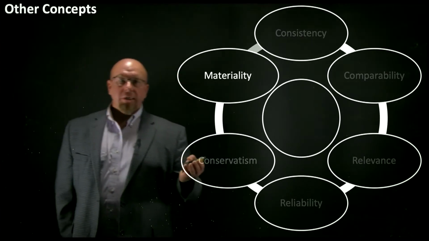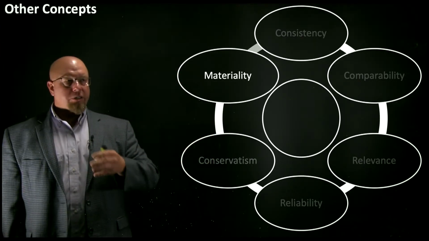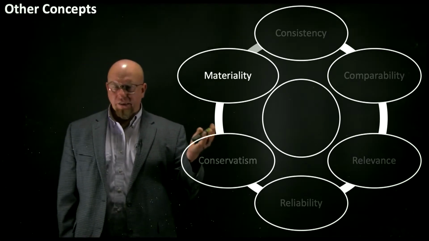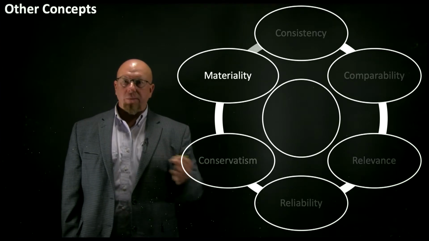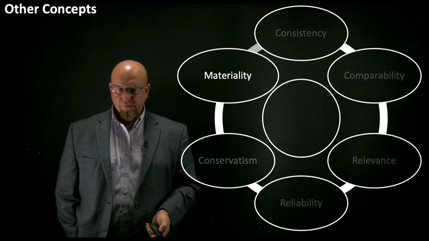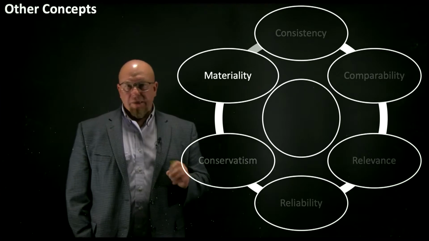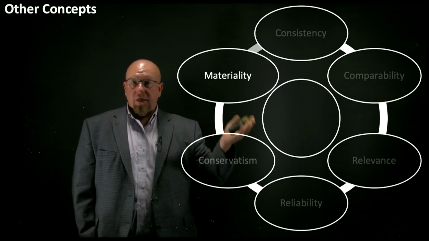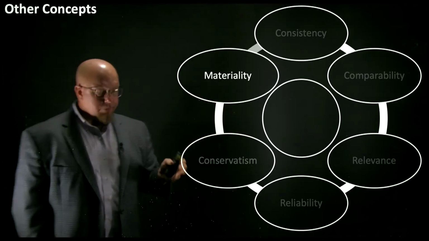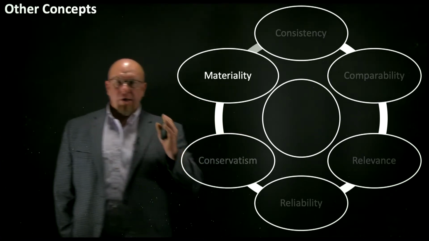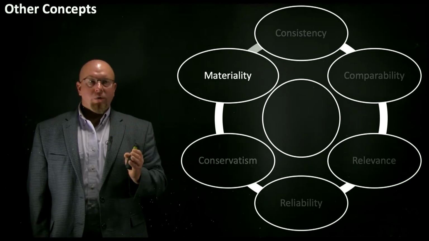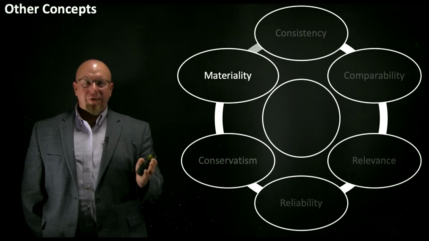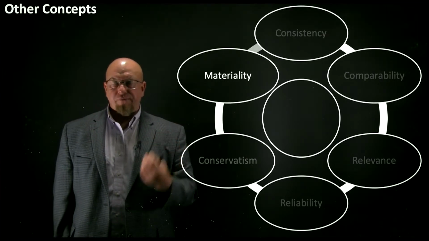So take this for example. Let's say you run a small restaurant. Maybe a $10,000 or $20,000 error in the financial statements would affect your impression of that business's operations. But $10,000 or $20,000 would be nothing to a large chain like Pizza Hut or McDonald's or Burger King. A $10,000 error in the financial statements of McDonald's would be unnoticeable. It wouldn't impact anybody's impression of the company's performance.